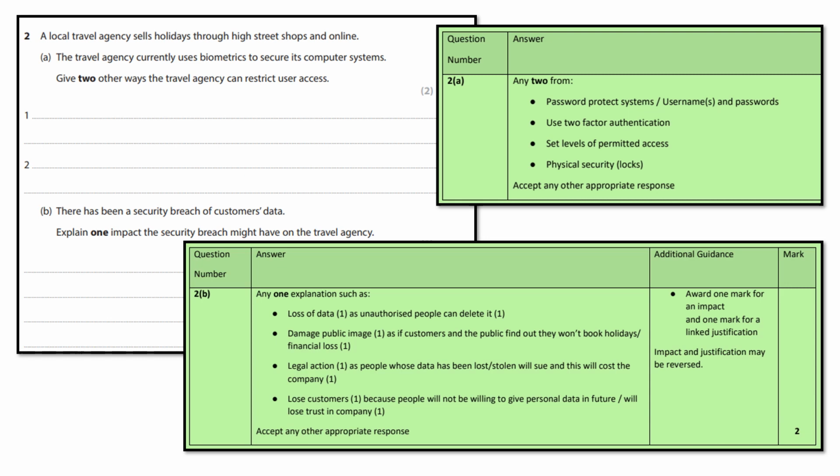Okay, so the mark scheme for 2A says that we're allowed to have anything to do with passwords, username and passwords, 2-factor authentication, set levels of permitted access or user access levels, and physical security, in other words locks or keycards. It does say accept any other appropriate response, but a lot of the answers that people put in are usually